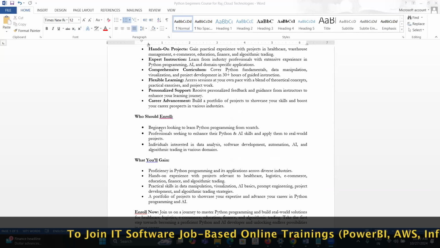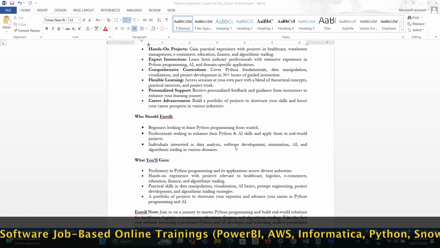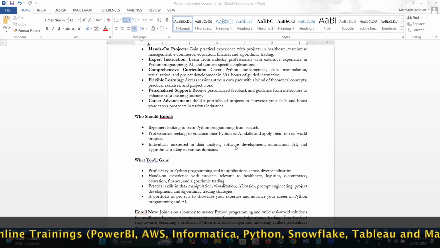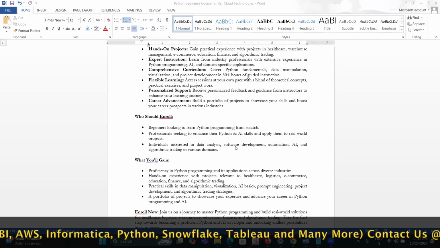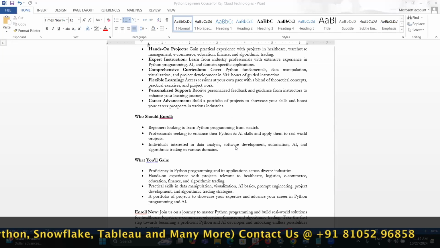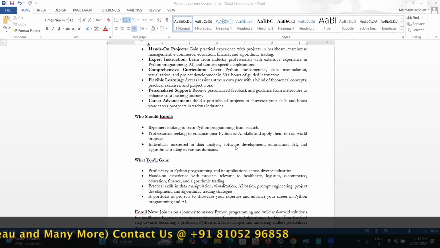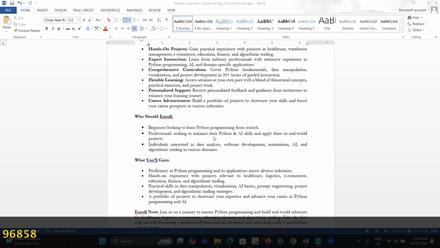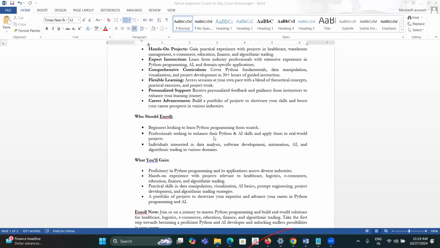That's very, very important. And anybody having a certain programming background, maybe they're coding in Java or some other tools and technologies, they want to learn Python,